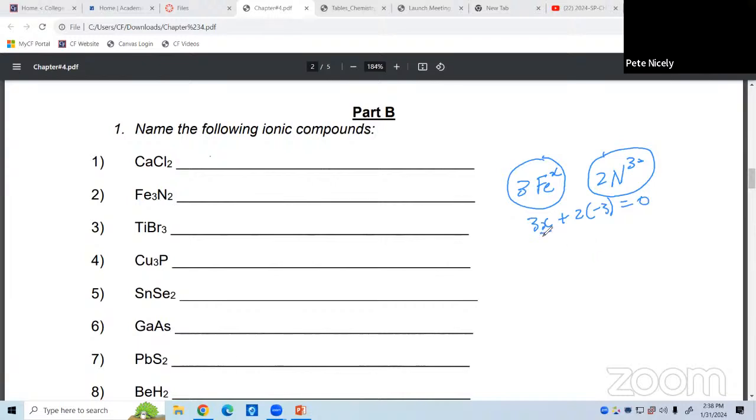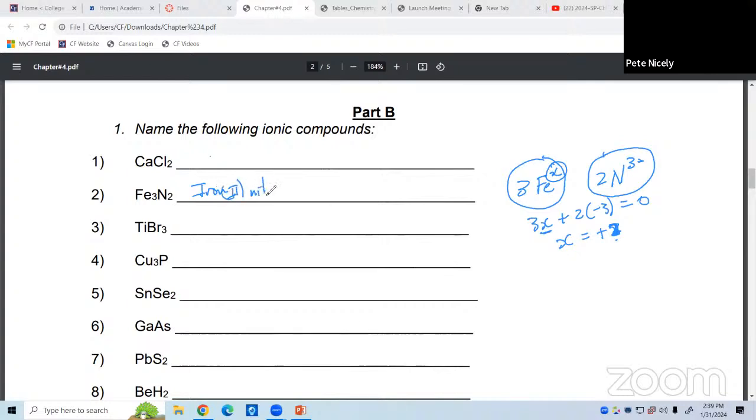Right? So all we have to do is solve for x, and if you solve for x, you're going to see that that is equal to +3. So that tells you that the charge carried by the iron would be +3, and therefore the name of this compound, I'm sorry, what am I saying? No, it would be +2. Not 3, my bad. So the name of this compound is iron(II)